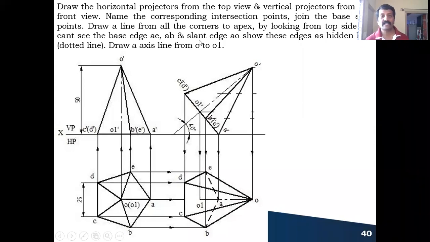And coming to the slant edges, you are looking from here. C to O and D to O you can see. And B to O and E to O we can see, or they become the outermost boundary edges. What about A to O? Can you see this? No, you cannot see A to O. So from A to O, you draw a hidden edge like this. And the axis point, you have to join at the end O dash to O1. The hidden edge is already here, so for the axis representation from A to O, you can show the axis representation. This is how you have to complete the top view. Next, after this, the third position, what he has given.